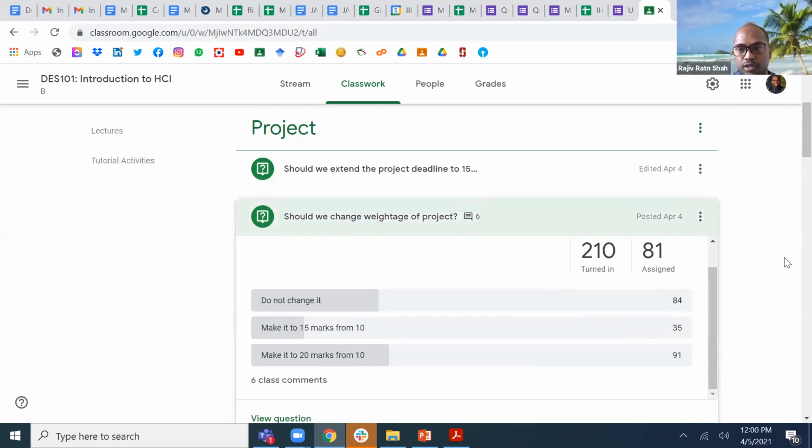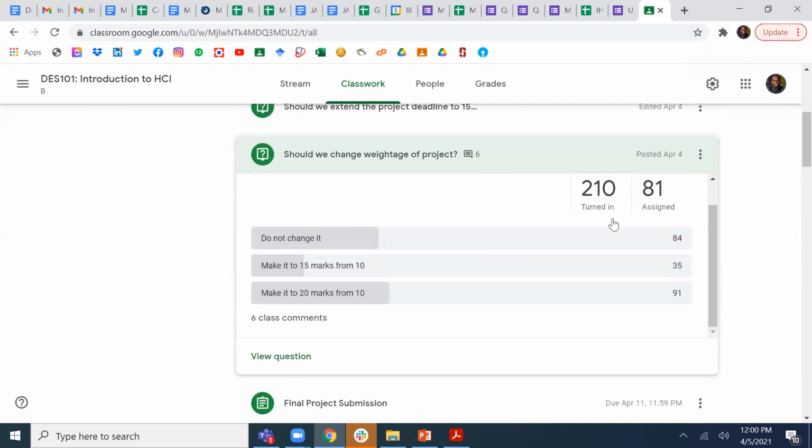So the next question is, should we change the weightage of the project? I propose we do not change it, or make it 15 marks from 10, or make it 20 marks from 10. I believe in section A you mentioned there is 20 marks, right? Yes, sir. I see there is some resistance from some people, but again the majority still think we need to increase it.